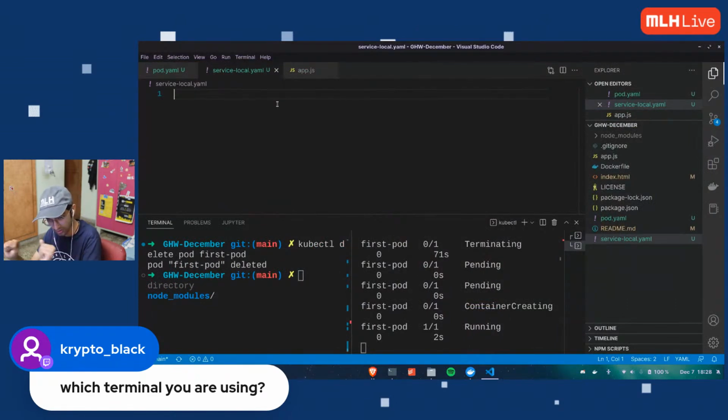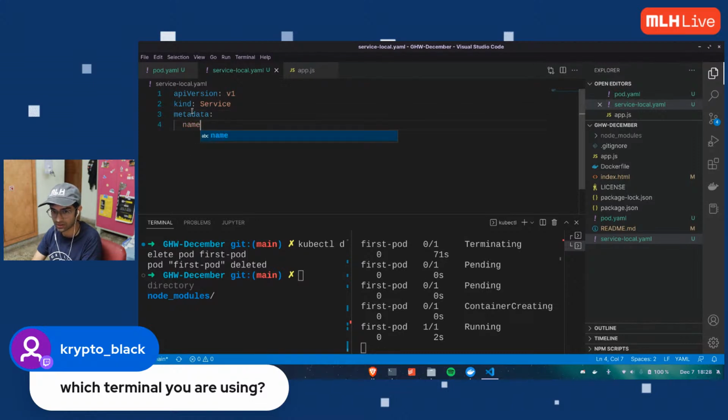Where was I? Service. I'm going to build a service which will talk to my pod and expose that port, which is 8080, to my browser. So I want it out in the system, right? Again, API version of Kubernetes v1. What kind am I using? It's called a service with a capital S. Let's add some metadata.